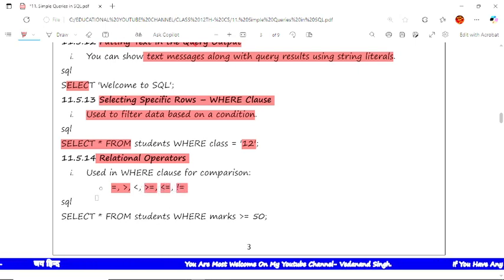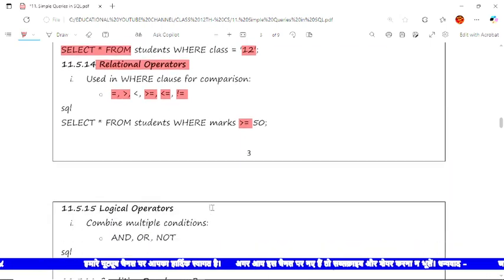These are the comparison based relational operators. Now see how we use it. SELECT name FROM student WHERE marks <= 50 means it would select the names of the students from the student table who got marks equal to or less than 50. So it would show the names of the students.